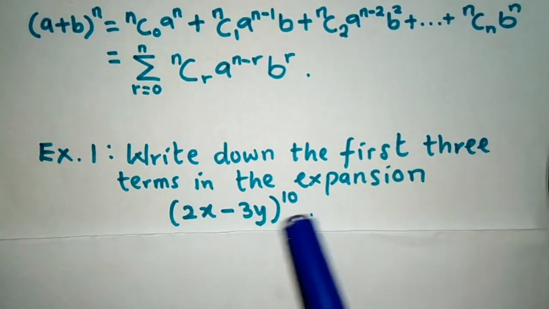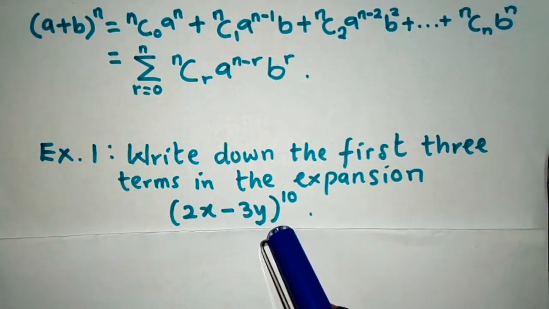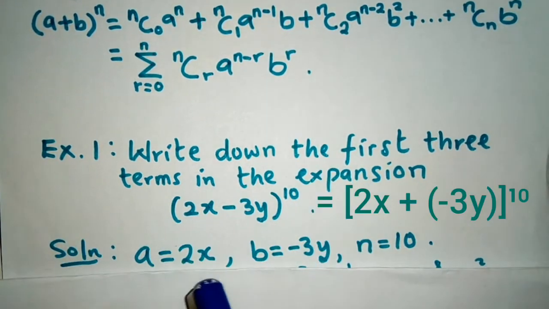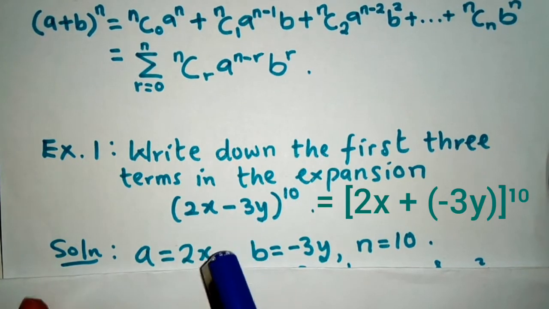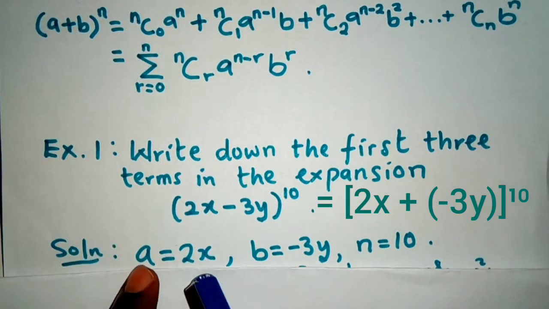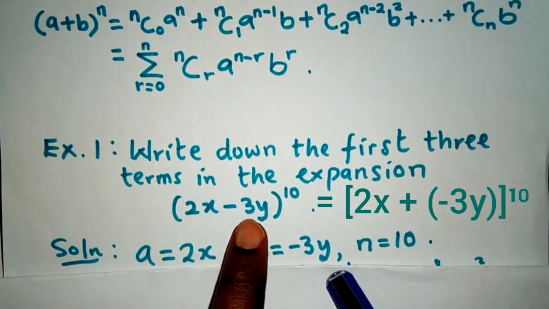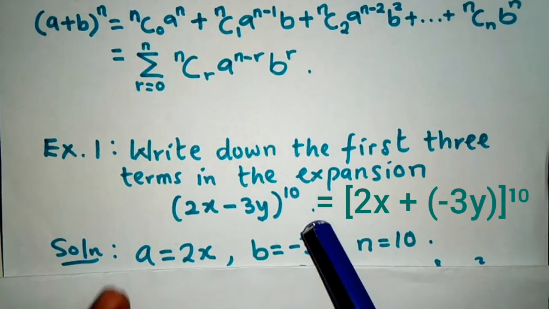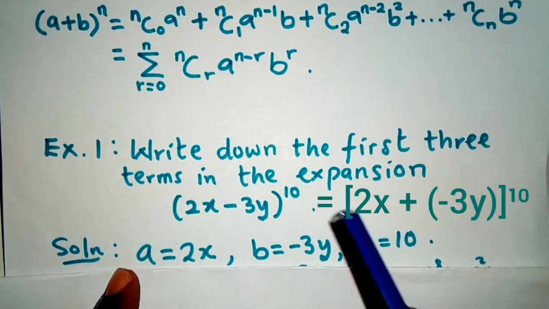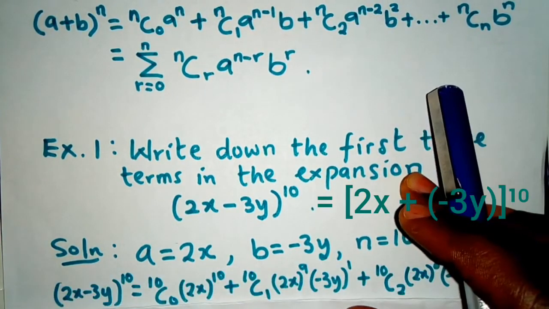Write down the first three terms in the expansion of 2x minus 3y to the power of 10. Now, if we compare this to the binomial formula, we see that a equals 2x and b equals minus 3y and our n equals 10. So if we substitute this into the binomial formula, we obtain